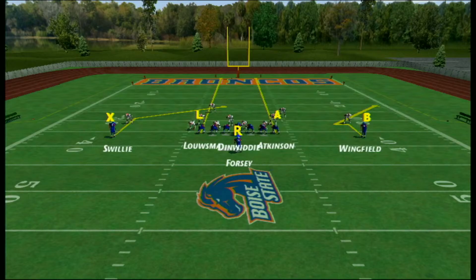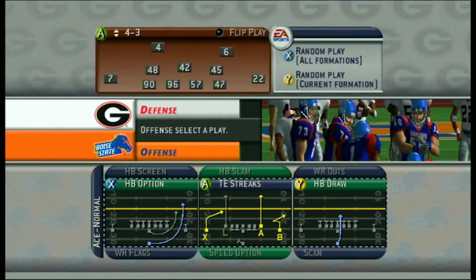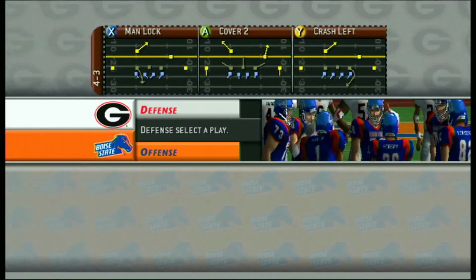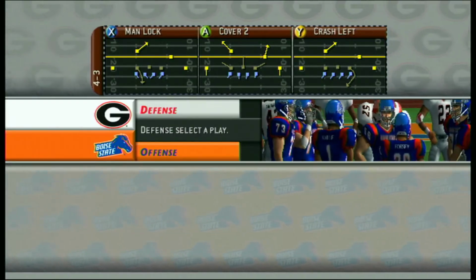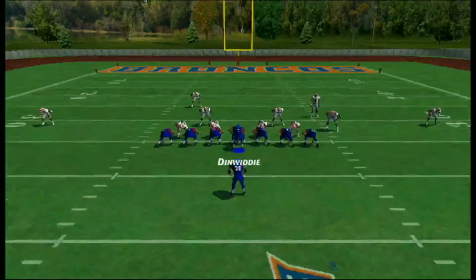And yeah, you're basically attacking the seams. One of the things I'm not a big fan of is how close those routes are together in terms of truly stretching the defense. So instead of random defense, let's first look at types of defense. In the 4-3, they have man lock. So that's cover 1. We can't see the defensive play formation, but let's just understand that we're going to have man coverage and a single high safety.